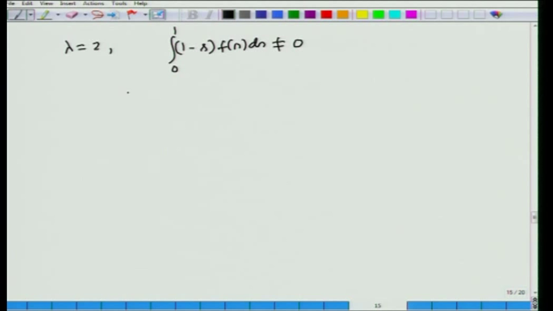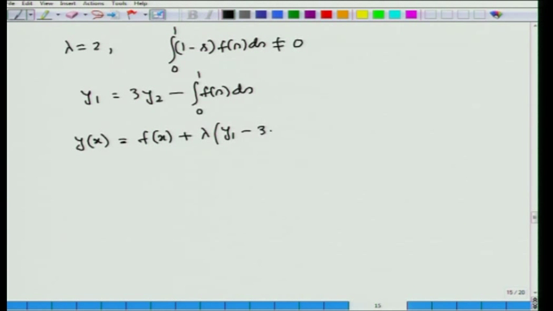So, that means integral 0 to 1 (1 minus s) f(s) ds is equal to 0. In that case, we can write y1 is equal to 3 y2 minus integral 0 to 1 f(s) ds. This is the result that will come up for y1, and in that case we can write down the solution of the given problem, that is y(x) equal to f(x) plus lambda (y1 minus 3x y2),